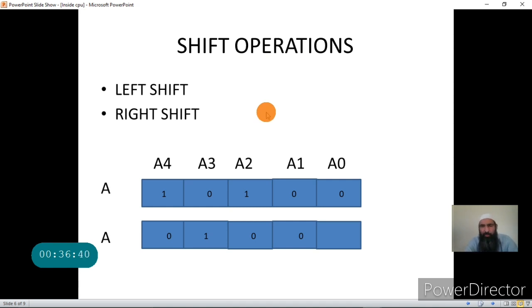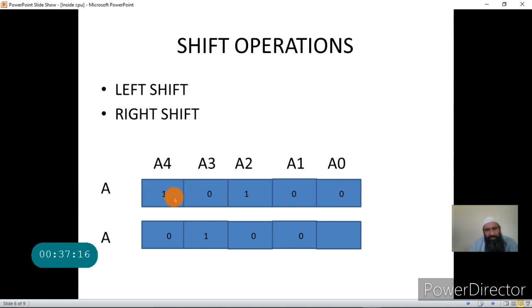Now we have got the fourth operation that an ALU can perform. Recall the previous three operations were arithmetic operations, logical operations, and relational or comparison operations, and now we have the shift operations. Shift operation is also performed on a single operand, that is, it performs its operation on one binary number. Shifting means, suppose I have got a number A which is a 5 bit number starting from A0 to A4.